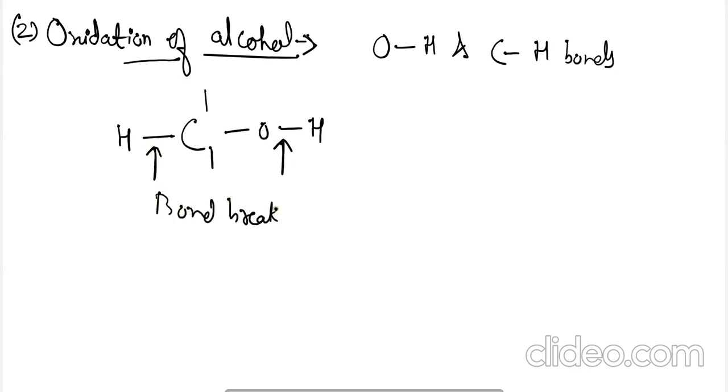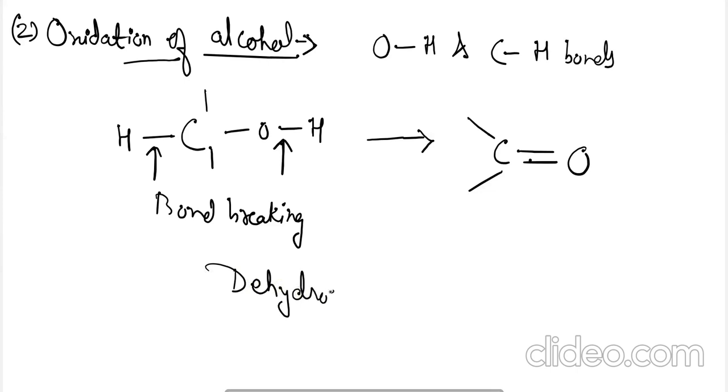So the breaking of the bond will be here and here. At these two particular points, the bond breaking will occur, and due to this reason, the formation of a carbonyl compound will take place. Okay, and this reaction is termed as dehydrogenation reaction. Here, for the primary alcohol, the reaction will be